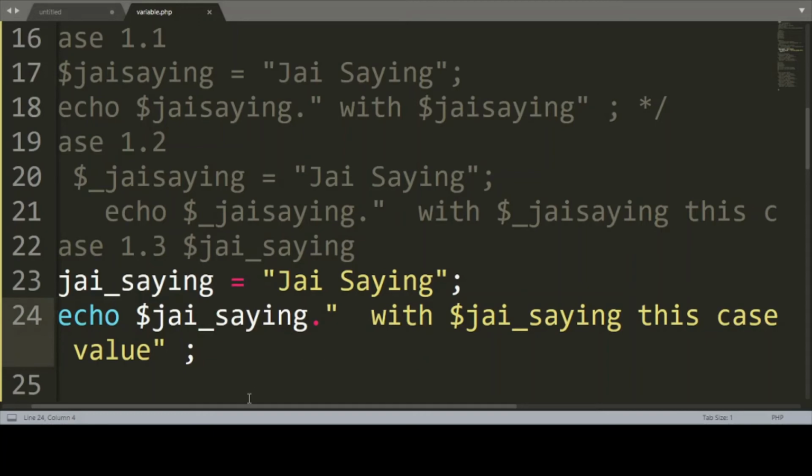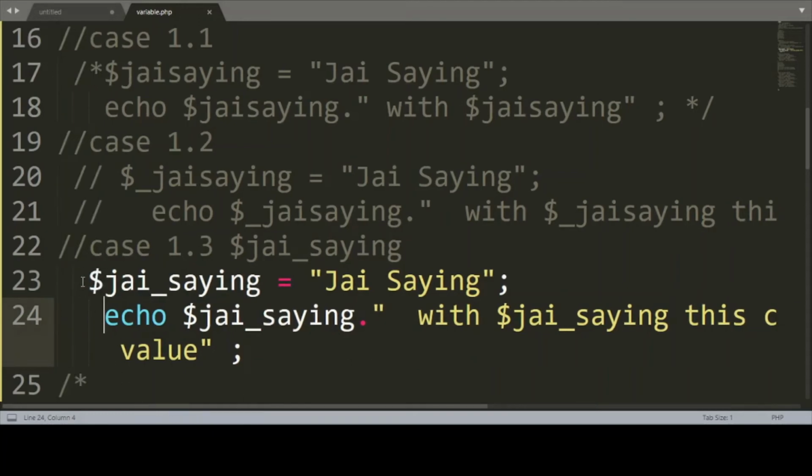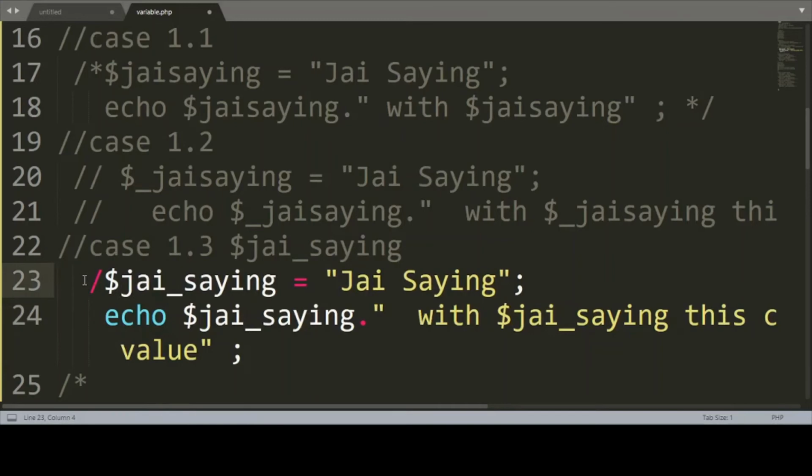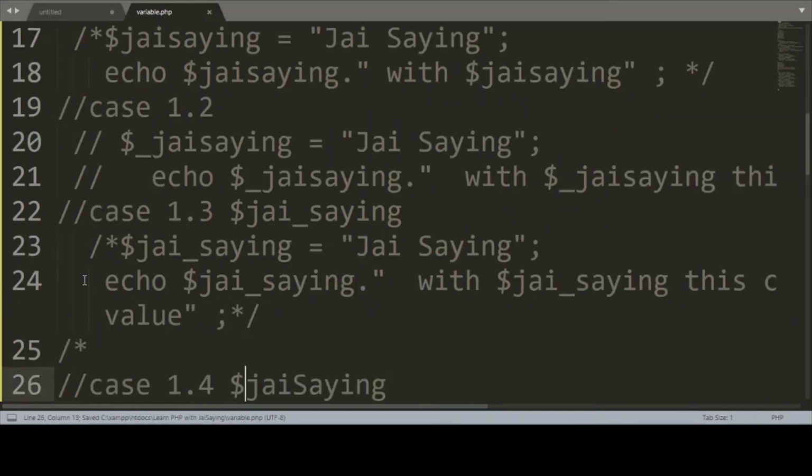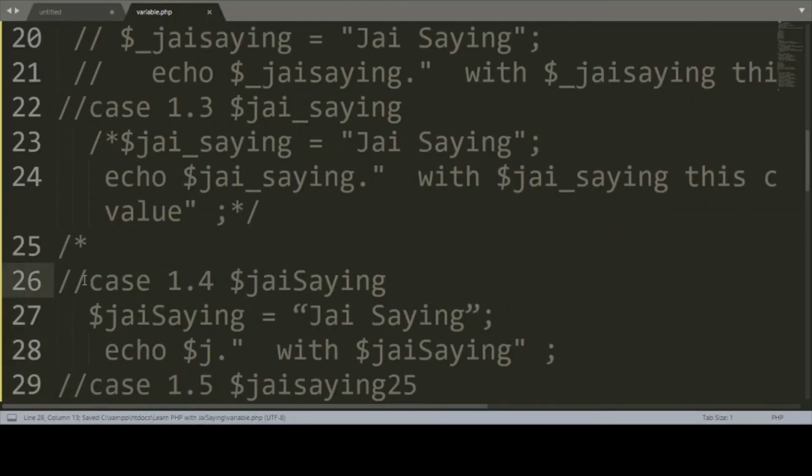So what I'll do, same thing, I'll comment this one and I'll open the fourth case. So what is the fourth case? The fourth case is with JSing.